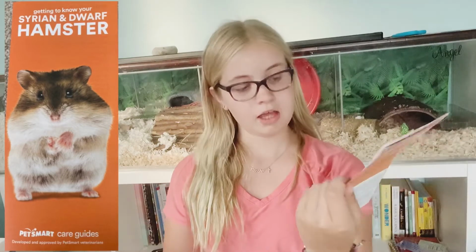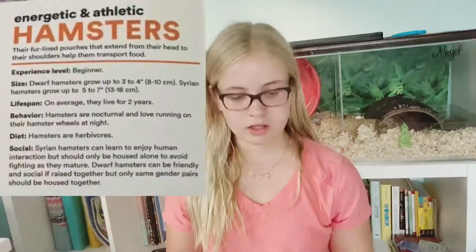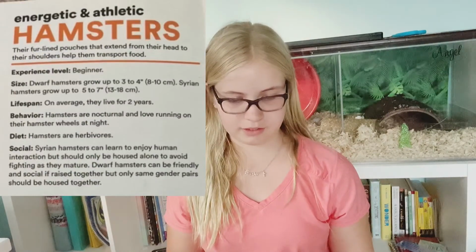I haven't really looked at their care guides in a long time. This one says getting to know your Syrian and dwarf hamsters, and it is by PetSmart, developed and approved by PetSmart veterinarians. If you are selling hamsters from hamster mills, apparently it's approved by veterinarians. I don't think that's true personally, because a lot of hamsters that you get from PetSmart end up getting sick or have some sort of disability. So somehow I don't believe that it's approved by vets, but let's take a look at what's inside this care guide. Energetic and athletic hamsters,